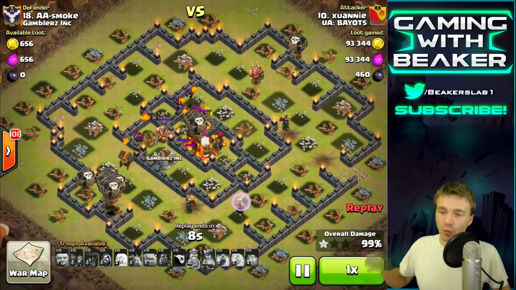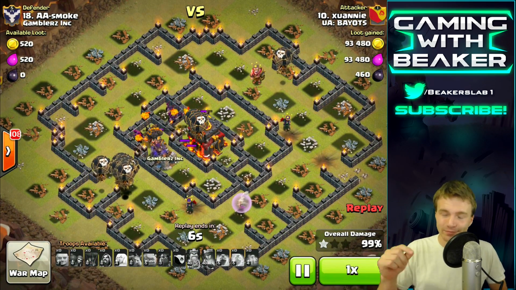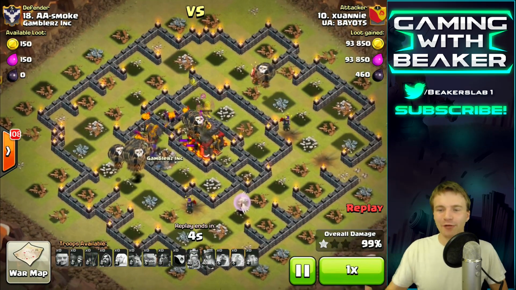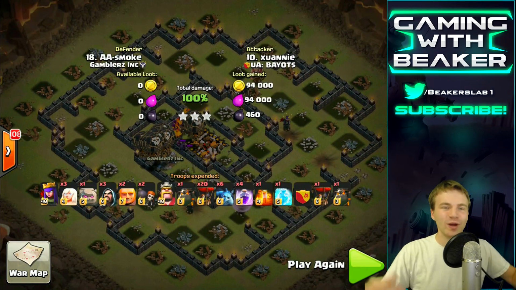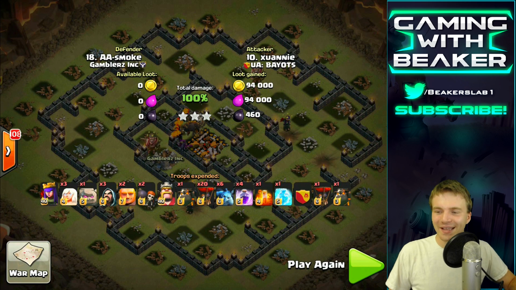The balloons are putting in work right now on the Town Hall and trying to kill that king as well. You gotta love when they kill the king. He's just walking around in a circle like an idiot. And a bunch of troops just rush him. I love it. So, anyways, guys,